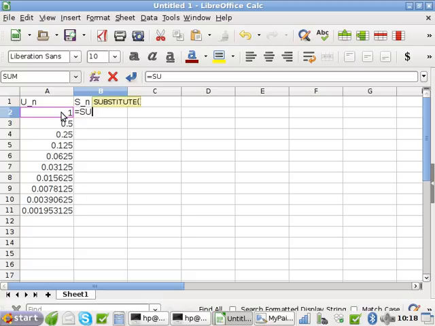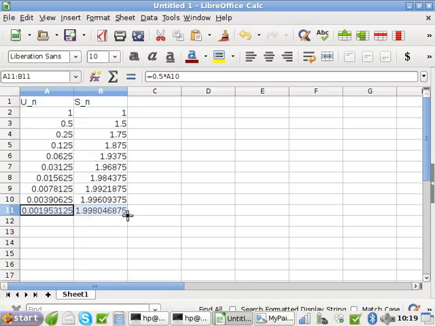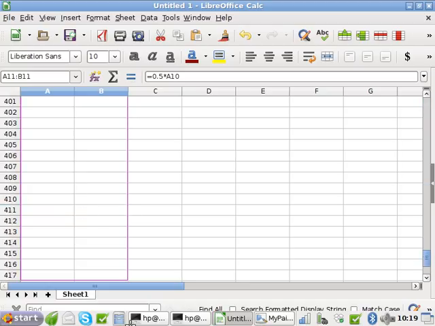If I just do the sum of the first one, which is A2 to A2, I'll just get 1. What should I get for the next one when I do sum, A2 to A3? If I add the first 2, what do I get? 1.5, very good. And then if I add the first 3, what do I get? 1.75. So let's keep going down. If I just go a couple of hundred in,